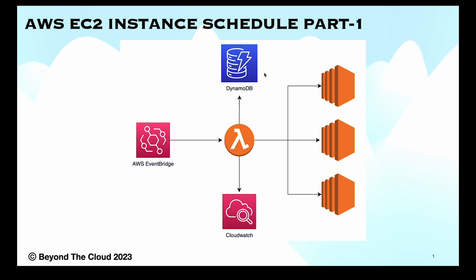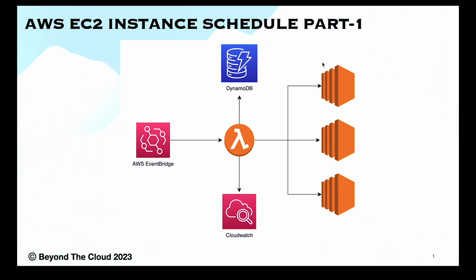There are multiple parameters that we will give in the DynamoDB table, like if it is office hours, if it is weekends, if it is weekdays, various types of things we can give in this DynamoDB table. And according to that, the Lambda will pick up that particular parameter from the DynamoDB table